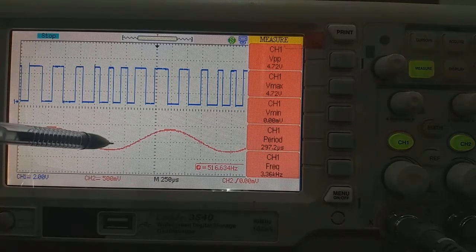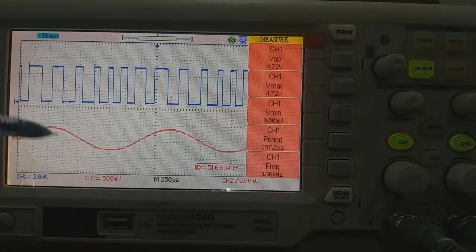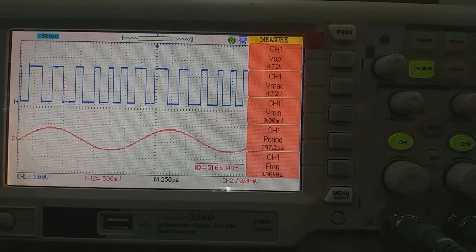So in this way, as the sine wave varies between positive peak and negative peak, there is the corresponding change in the width of the carrier pulses. So that means according to the instantaneous variation of the modulating sine wave, the width of the carrier pulses changes. It becomes greater or smaller than the original one. So the width of the pulses is changing according to the sine wave variation. So that is why this modulation is known as pulse width modulation. So this was the demonstration of the output waveform of PWM generator.